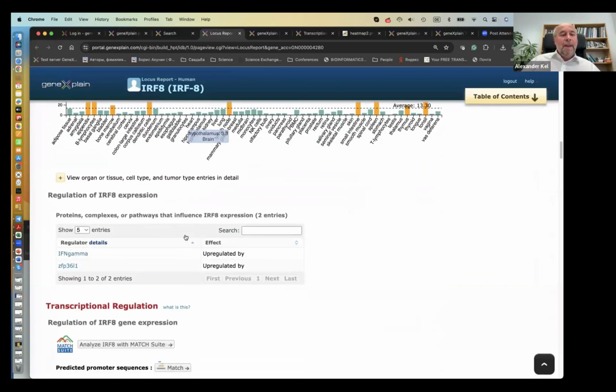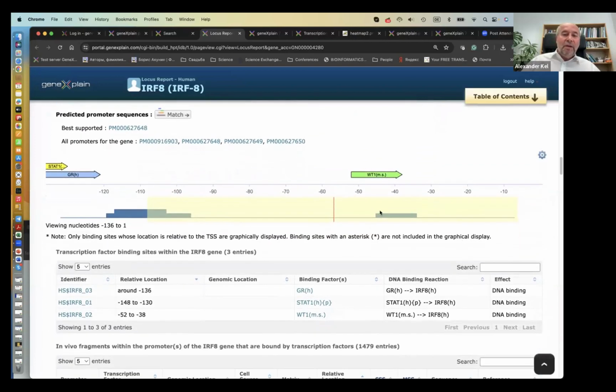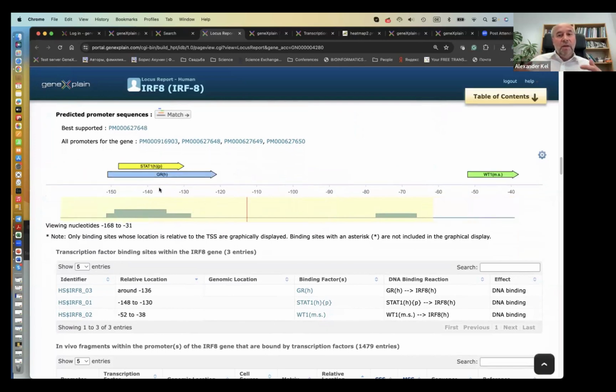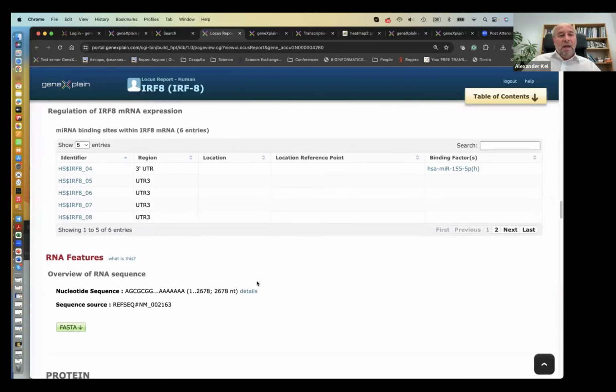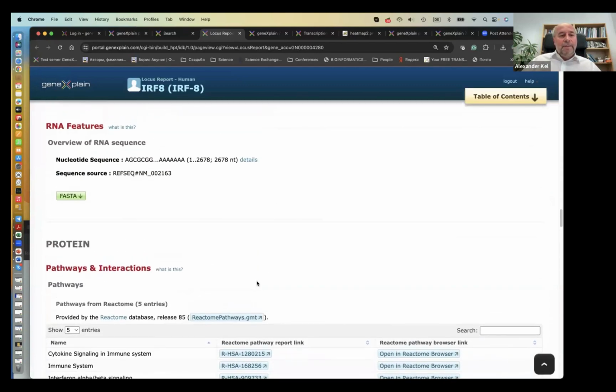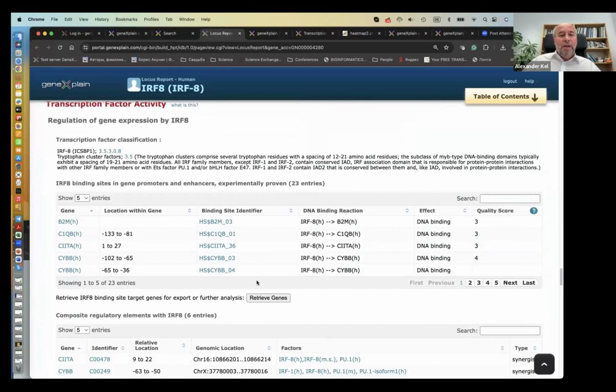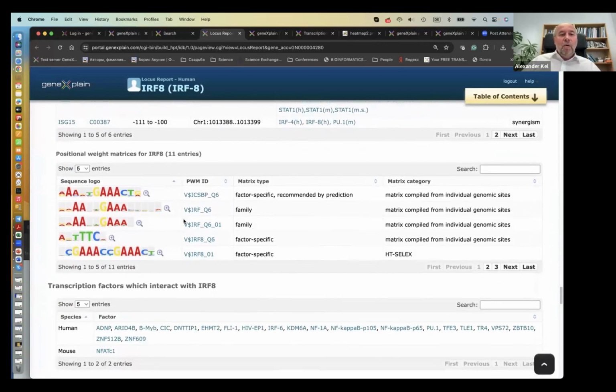Here is a top. It also shows regulation of that gene, of that factor, by itself. So which other transcription factors are regulating my gene, regulating actually expression of this IRF8 gene. It's a factor, but it's also a gene itself. It has information from many ChIP-seq experiments, from ENCODE database. It has other information about pathways where these factors are involved, all kinds of motifs, and that's exactly the case which